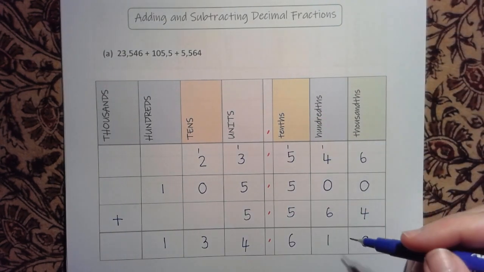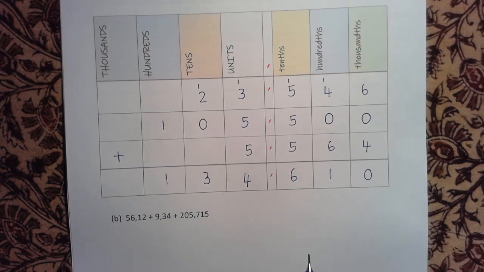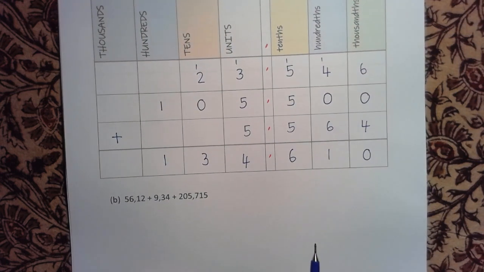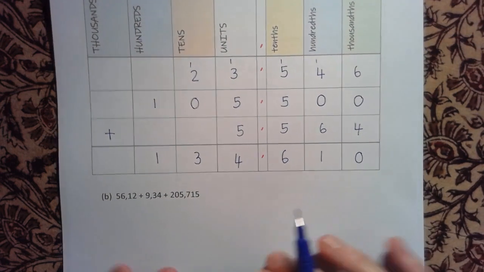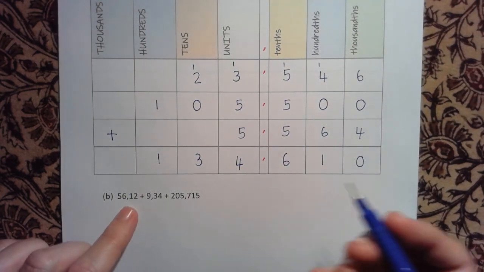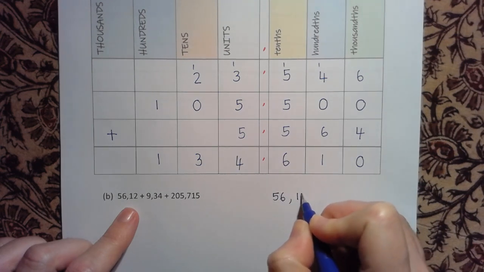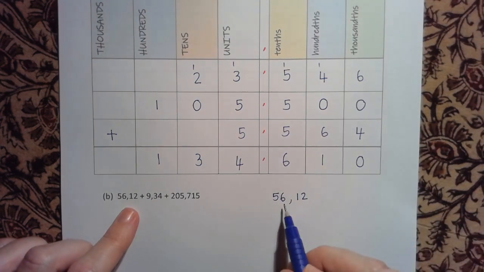Right, so this just helps us to add accurately, but now we're going to do it without the place value table, and this is where the importance of writing the numbers in the right places comes in. Let's look at the first one. The first one is 56,12. Okay, so now I know where the place of the units and the tens are, and the tenths